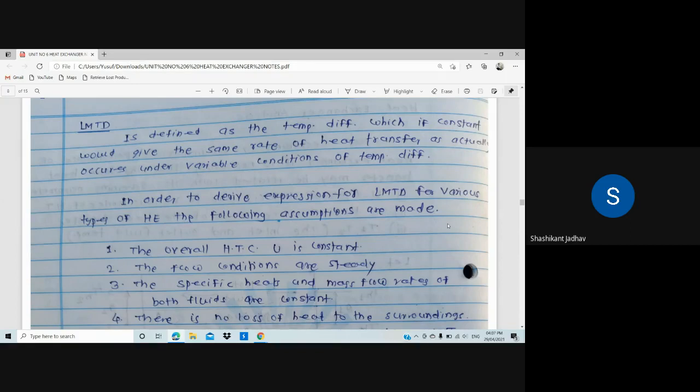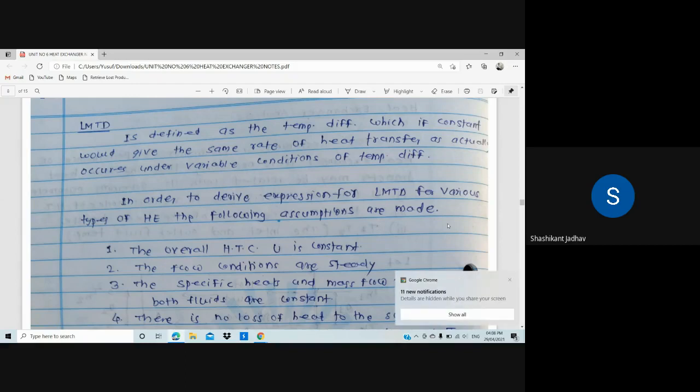Okay. So first assumption, overall heat transfer coefficient is constant. म्हणजे जे काही हीट एक्सचेंज प्रोसेस आहे त्या प्रोसेस मध्ये जो काही ओव्हरऑल हीट ट्रान्सफर होणार आहे तर ते आपण कॉन्स्टंट कन्सिडर करणार आहे. ओके. सो राइट ऑन फर्स्ट assumption, the overall heat transfer coefficient, that is capital U, is constant. Okay.